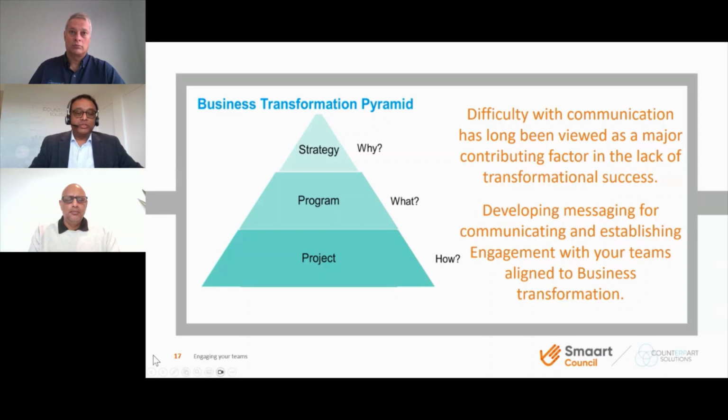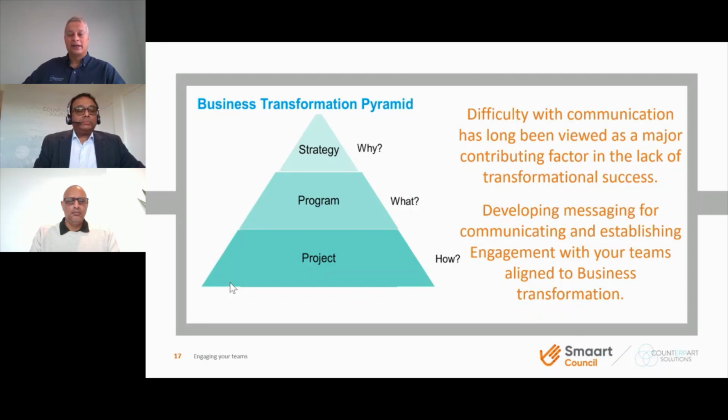Because of the duration and the impact, we need to probably attract new staff, the younger staff who understand technology. That might be the case in some instances. So those things have to be kept in the context of what the transformation journey is going to look like. And communication is going to be the key part of the entire change process. Communicating to the teams is important during the transformation.